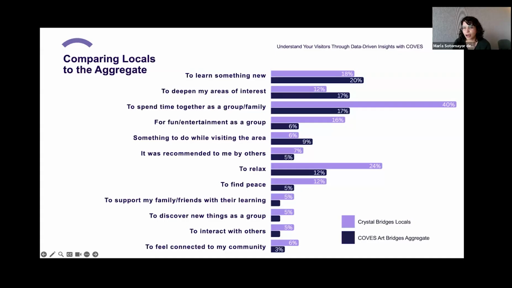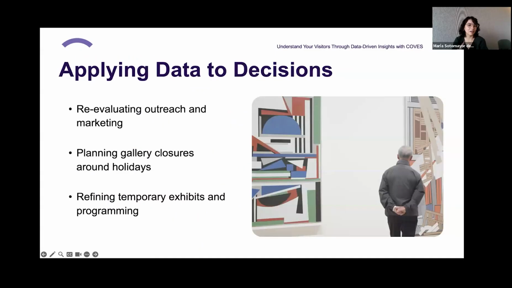And now, speaking about data-backed decisions, I want to go to the next slide to apply that data to an actual practical example. So again, we consulted with our colleagues at Crystal Bridges, shout out to them, doing amazing work, and how they use their data relating to both locals and tourists.